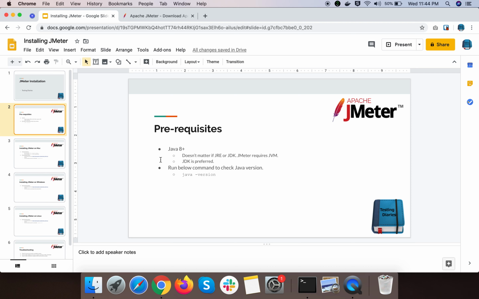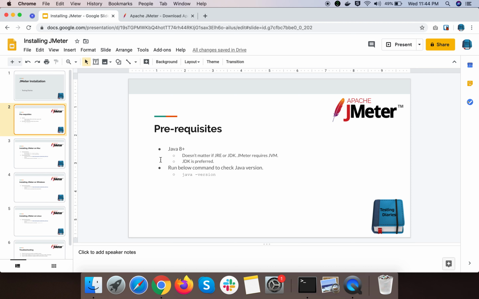Once you have the Java Virtual Machine in your system, JMeter will be able to run. However, the JDK is preferred because some of the JMeter tools, like Keystore, require that you have the JDK, but it's not necessary. Even if you have the JRE in your system, you should be able to run JMeter fine. At the time of this video, the JMeter version is 5.2.1.